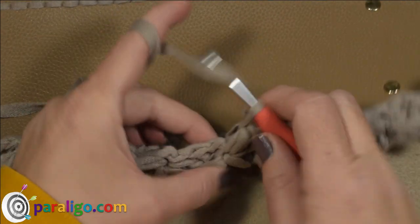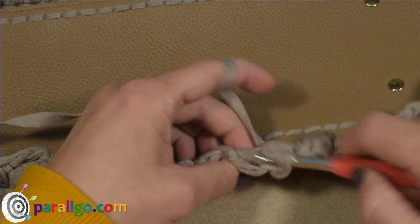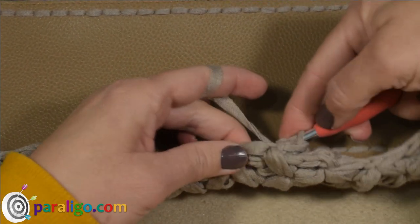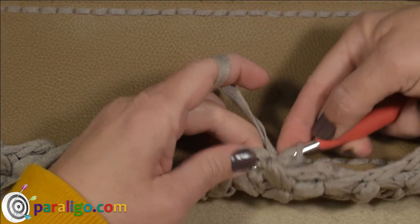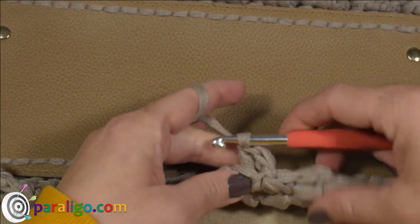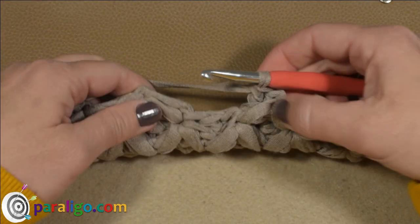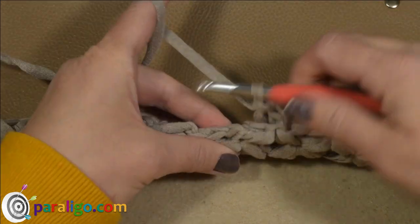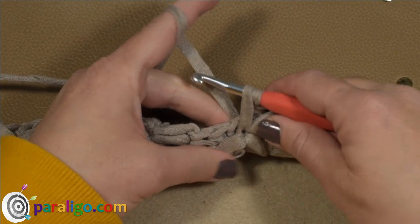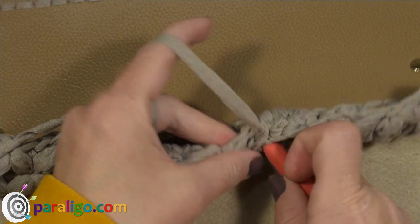So here we are, completing the last but one stitch. I'm now placing 2 double crochet at the back of our flower, the last but one flower. And there's only 1 flower left to complete our round. And to do that, I'm going to insert into the chain stitch of this very same flower that I've been working. Yarn over, pull a long loop, yarn over again, insert into the same stitch, yarn over, pull a long loop,